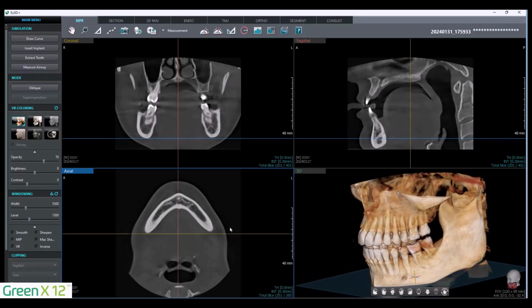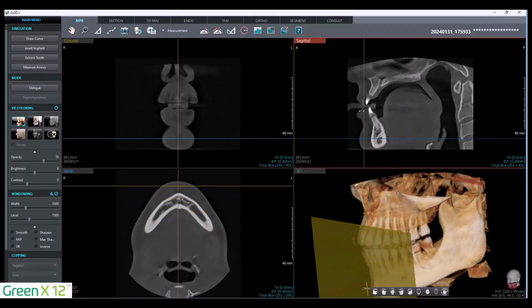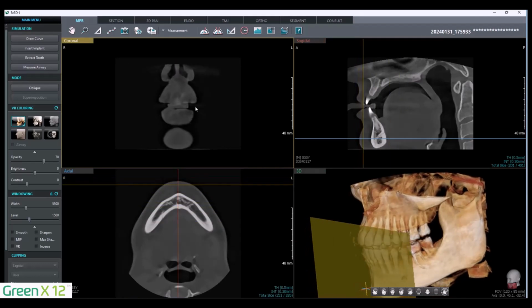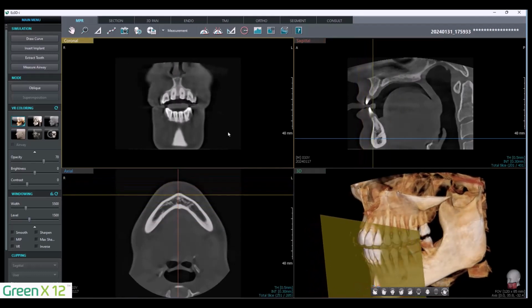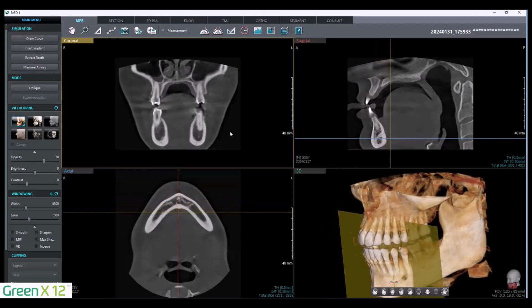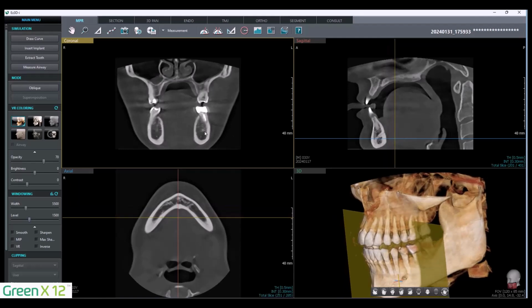That is my first step in reviewing my image. Next, I'm going to move my coronal slice to the front of the scan, select the spacebar, use the wheel on the mouse, and let's scroll anterior, posterior, going through 8 and 9. Gives a good visualization of our maxillary sinuses, that sinus floor, width of our ridge, height of our ridge,